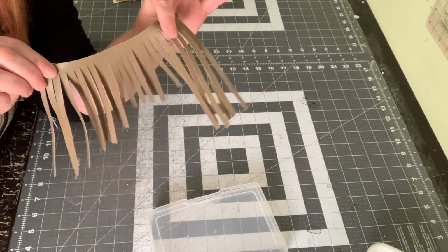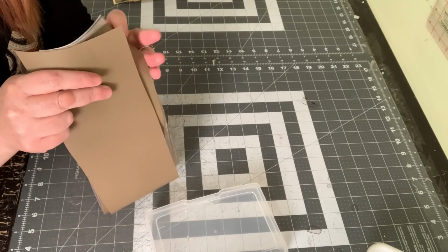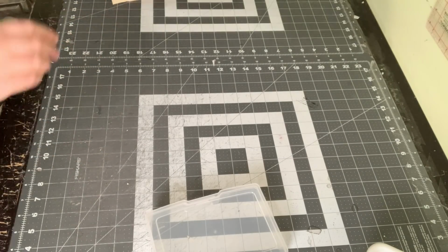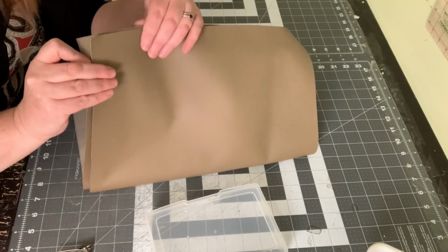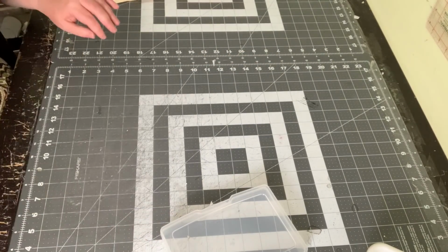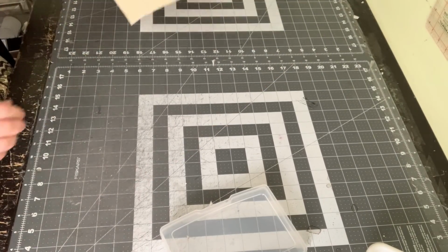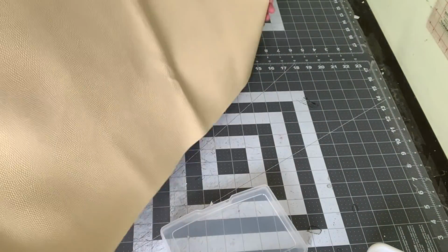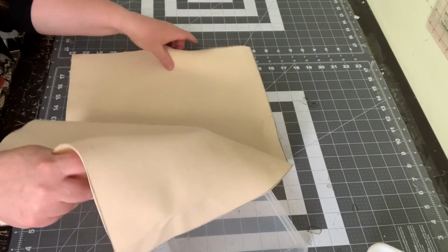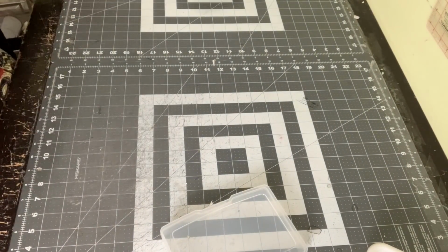Okay, so what to cut? I have cut a tassel piece, 2 pieces for my handles, 2 main panels, a bottom panel, an interior main panel, my body exterior, that's my bag body exterior, 2 side panels,